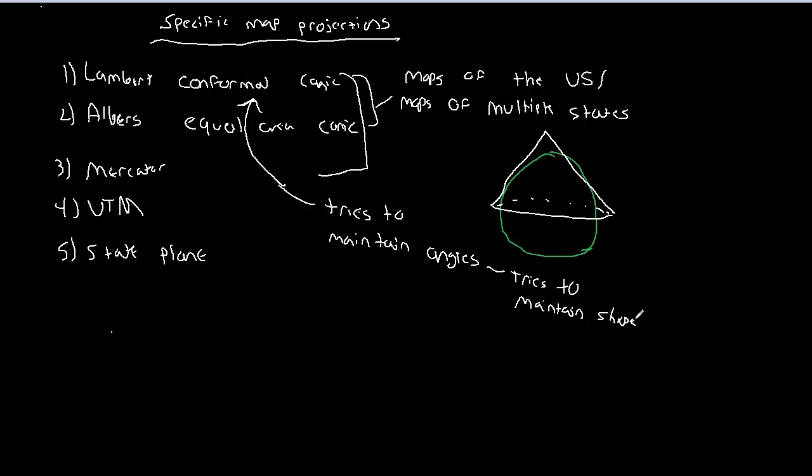If you were to look at Greenland, for example, because Greenland's a good example of where these things tend to go wrong, Greenland will look like Greenland, it just may be drastically larger. So a conformal projection tries to maintain angles, which means it tries to maintain shape. Equal area, sometimes called equivalent,